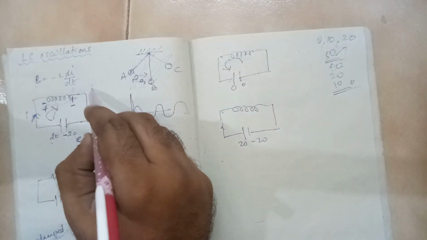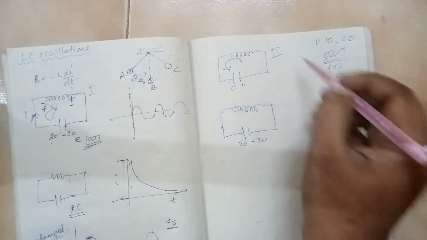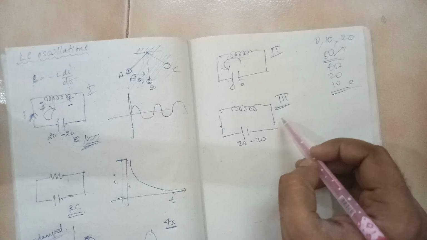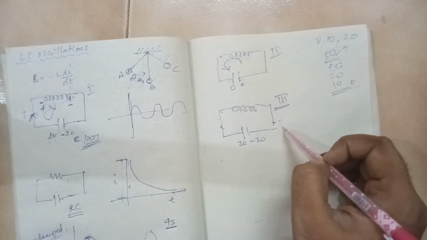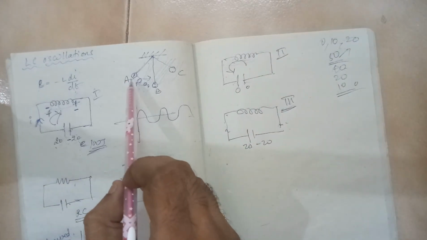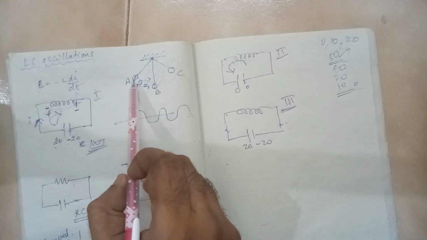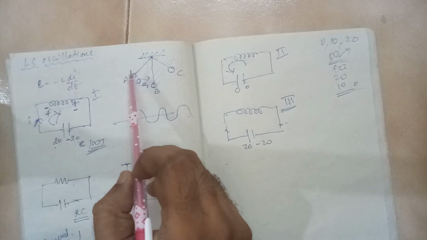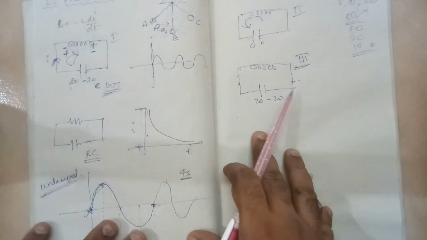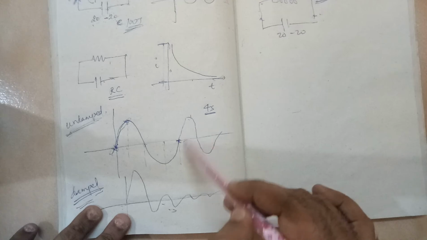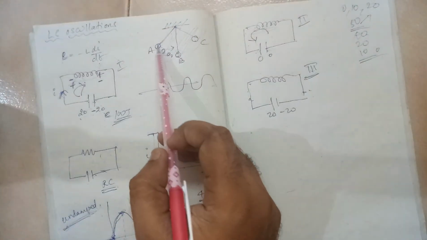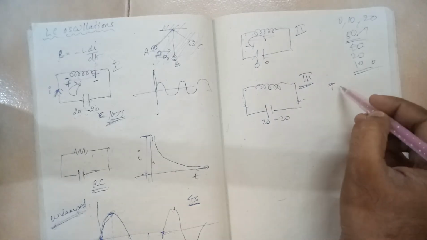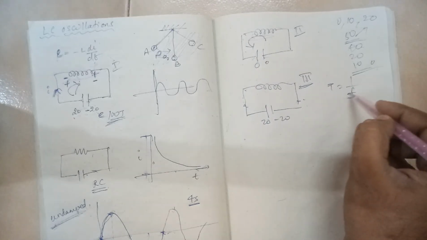So this is, let us say, stage 1. Then you have this kind of situation. Then you have this kind of situation. That means it is back to normal. When it comes to 3, it is back to normal, like in this example, this is the normal situation. Then it went like this and came back. Again the cycle starts, and the whole process repeats. From here to here it must have taken some time. So what is the time period? 1 divided by frequency.